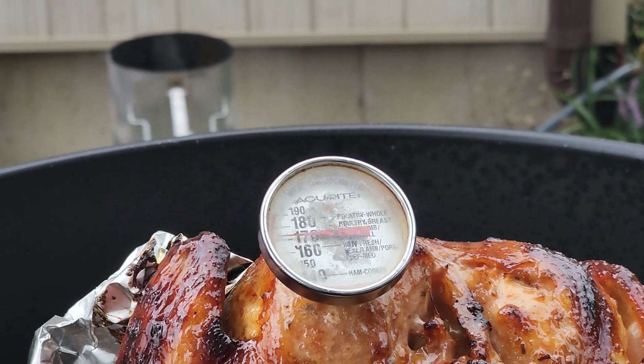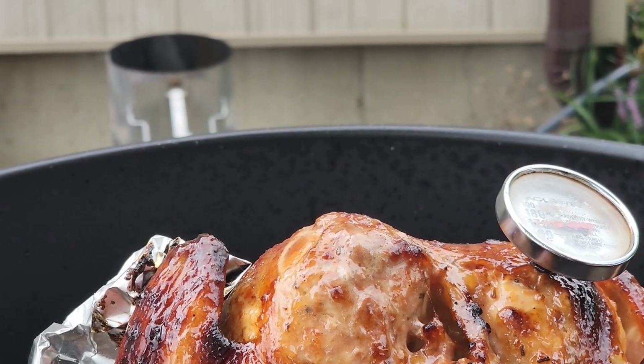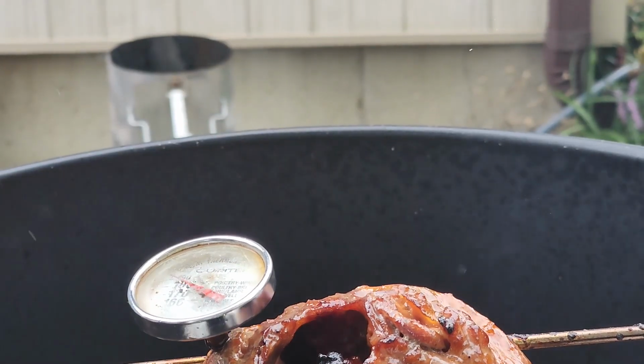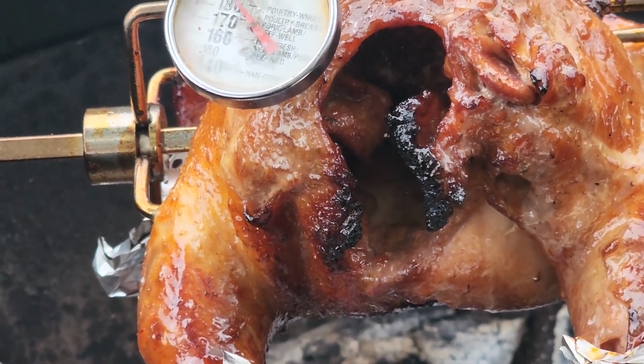We'll temp it in a couple other spots and see where we're at. Looks like about 170 in that one, maybe a little less. No, it's landing right at 169. Let's check the other side. This is temping on about 190 there. So the butt's a little hotter than the